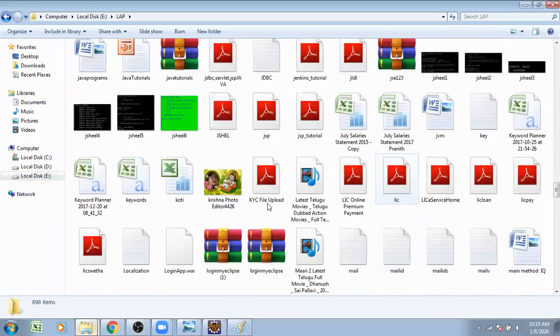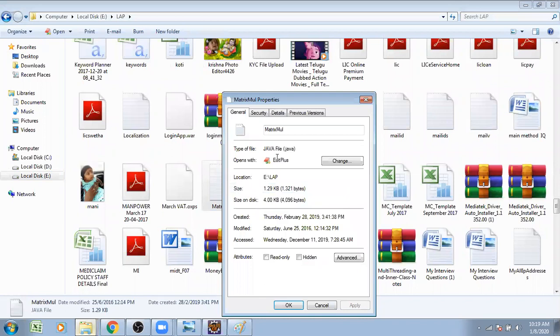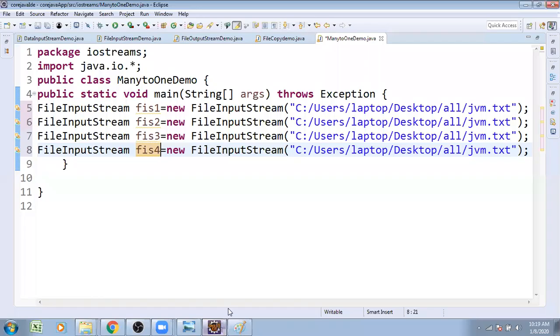Suppose this file name is available with the E drive. Pass the complete address: E drive colon, there is a folder named lab. Lab is the folder name.